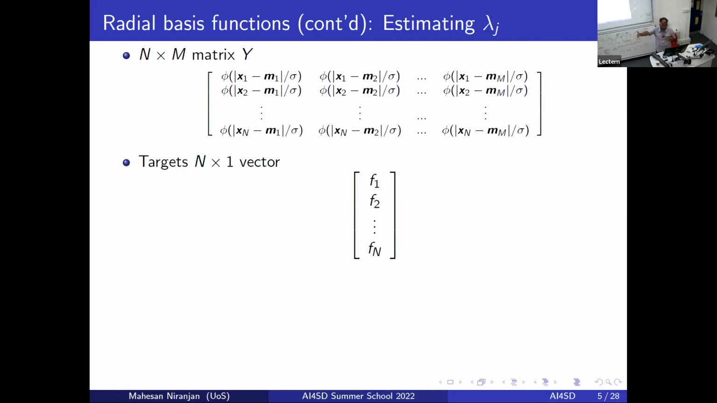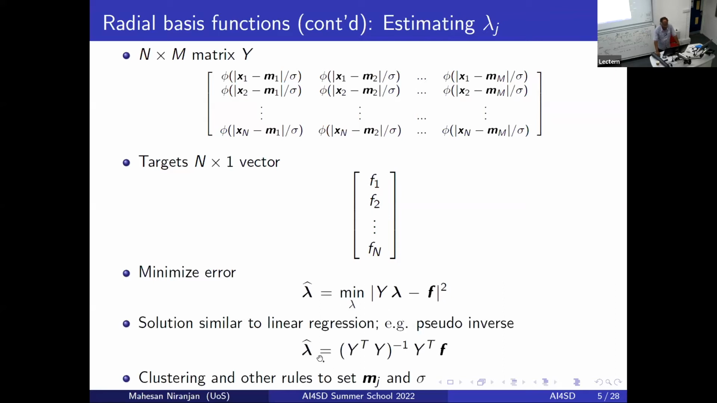So in that nonlinear space, I'm now going to solve simply a linear regression problem. So I would define an error. That error would be y times lambda, which is what my model is going to predict, take away the target, square it. I think there should be a summation. Might have, no, this is a matrix, so there's no summation. And minimize it with respect to lambda,